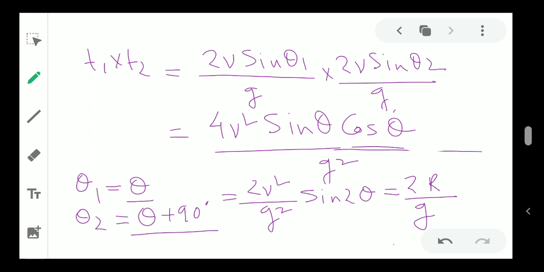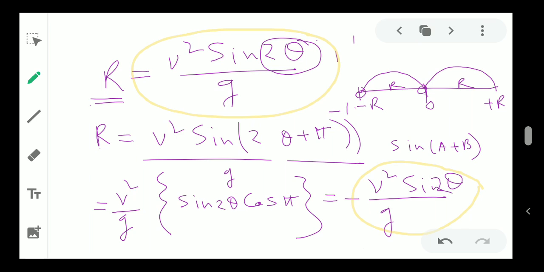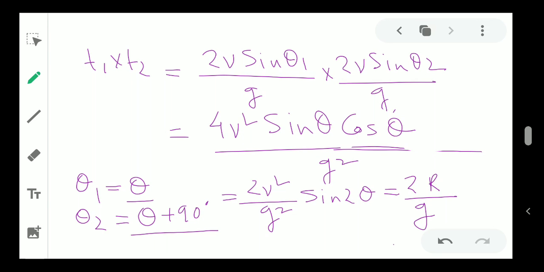So basically what I have done here, I have seen that there are two possible ways we can throw the projectile so that my range is the same. So what is that possible way? Whatever my theta is, theta 2 has to be 90 plus theta. That means the difference between both of the projection angles should always be 90 degree. That is the only possible way to throw the projectile in such a way.